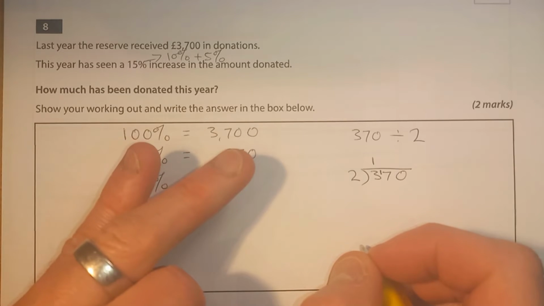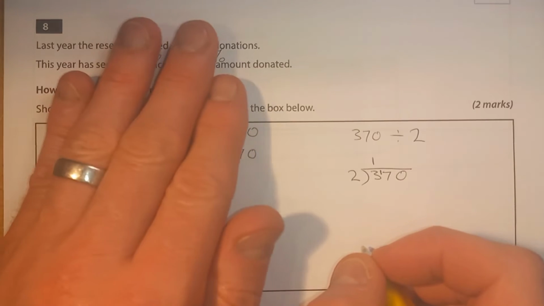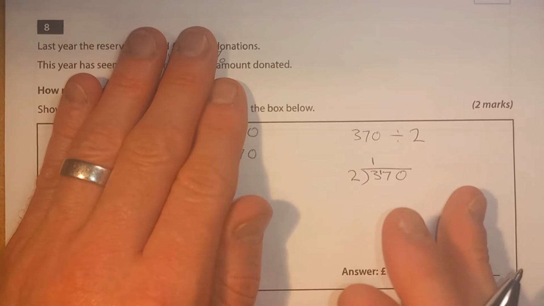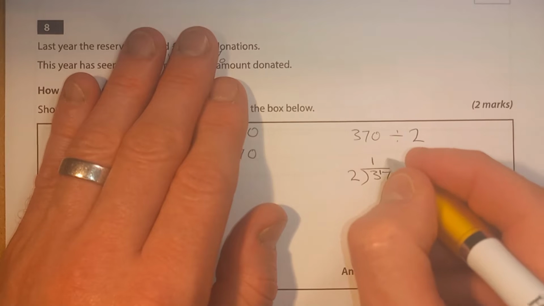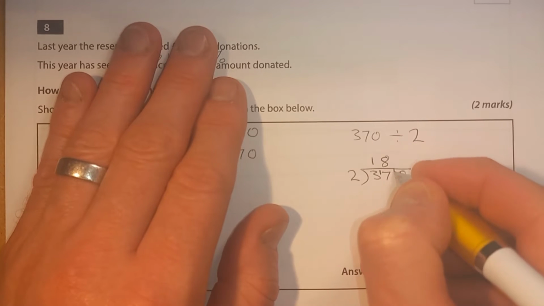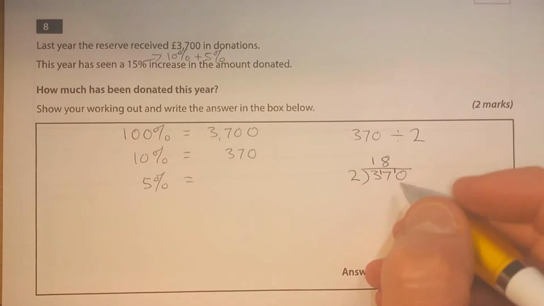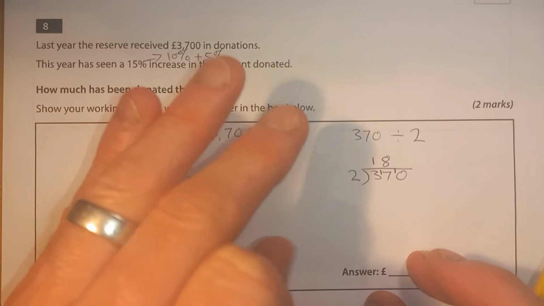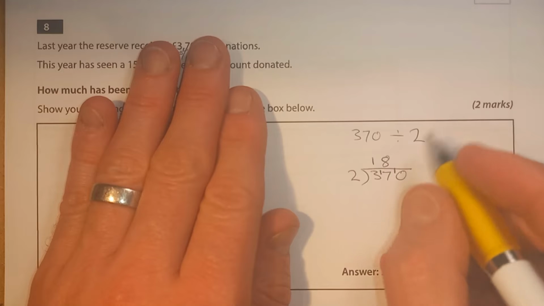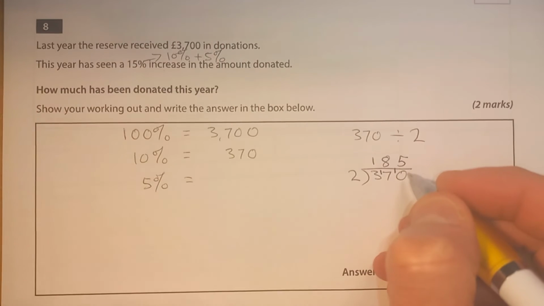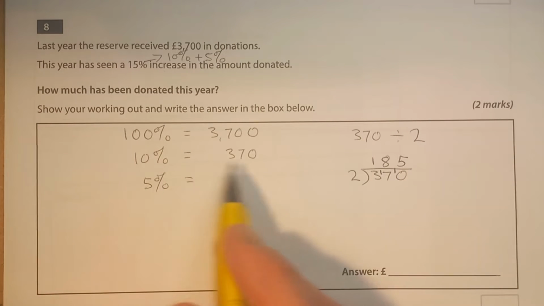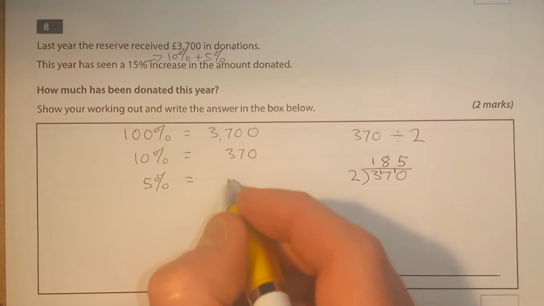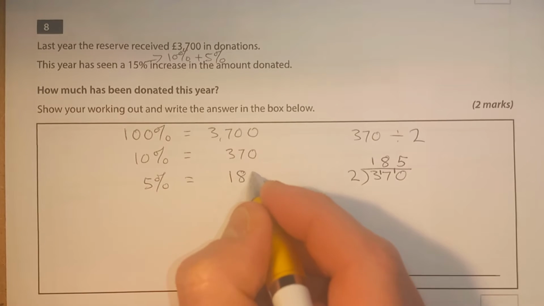Well, 2, 4, 6, 8, 10, 12, 14, 16. So that's 8 times. And 1 more would take it up to 17. So that's remainder 1. What about 2s into 10? 2, 4, 6, 8, 10. That's 5 times. Okay, so if 10% is 370, 5% is half of that, which we've just worked out is